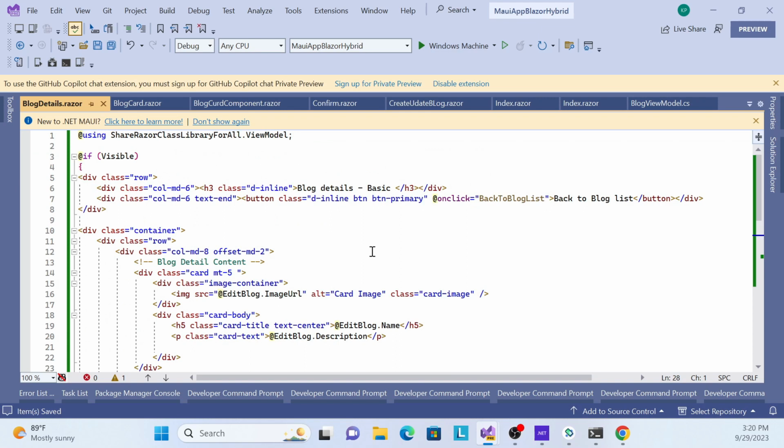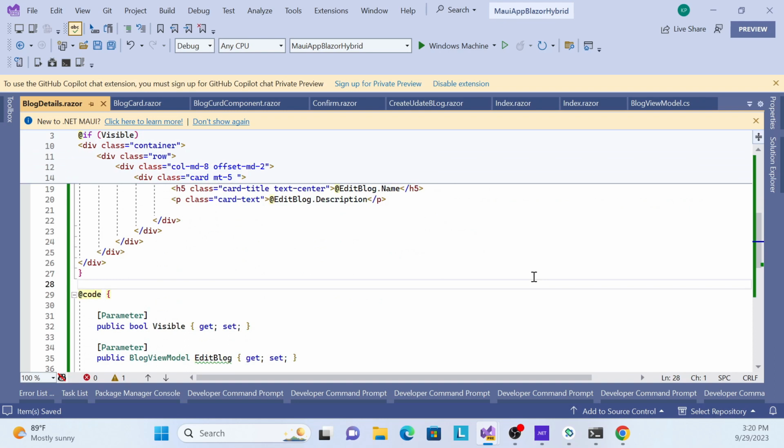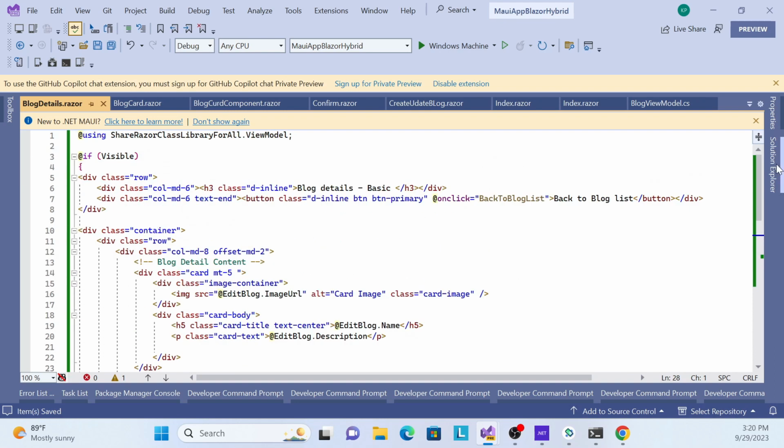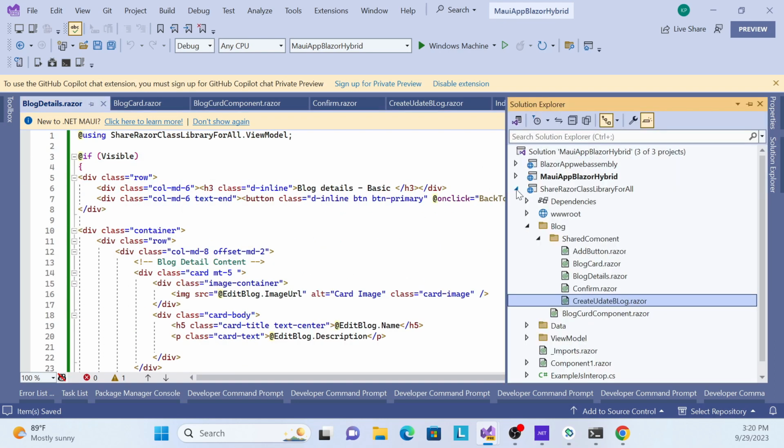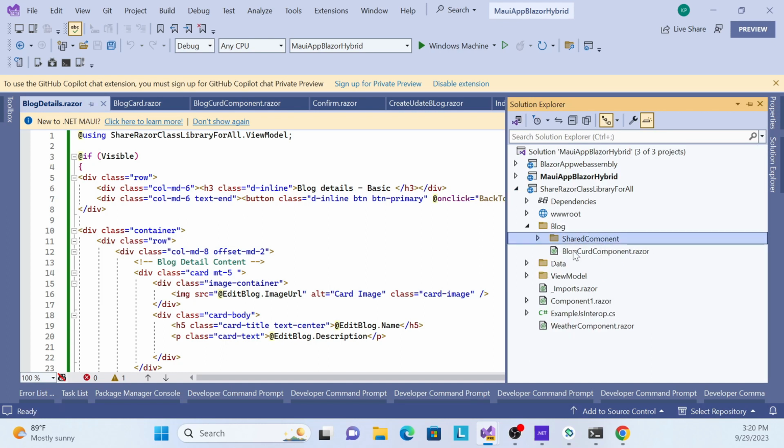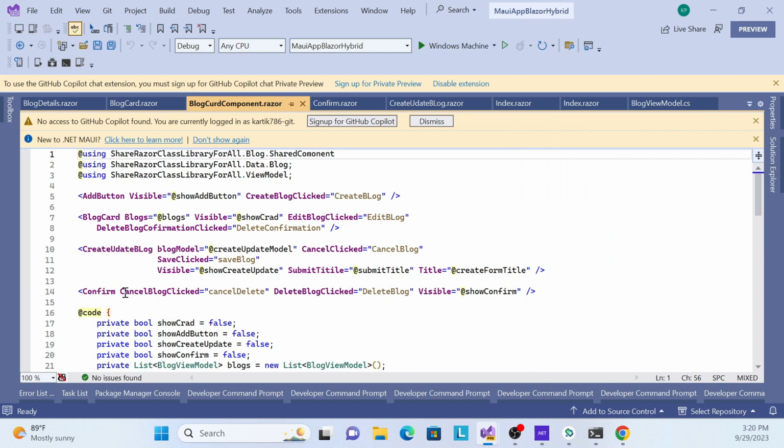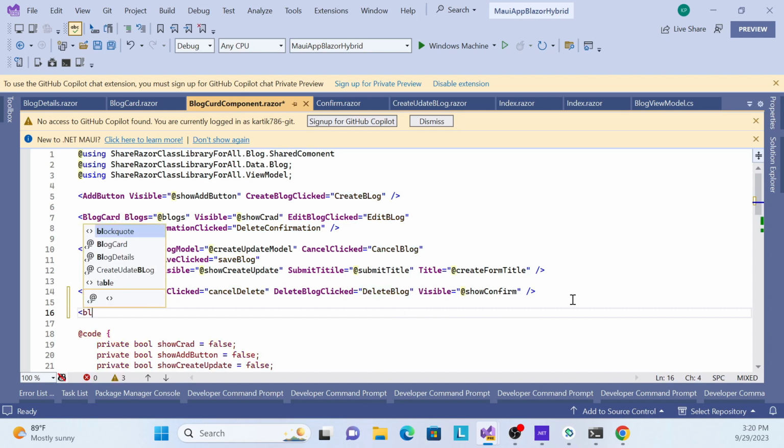Okay, so let me call this component in our parent component. So how can we do that? Where is our parent component? Say this is our shared component, and this is our parent component. Here, see, there are many components I called, like the add component and card component, everything. Okay, so now I need to call that component like block